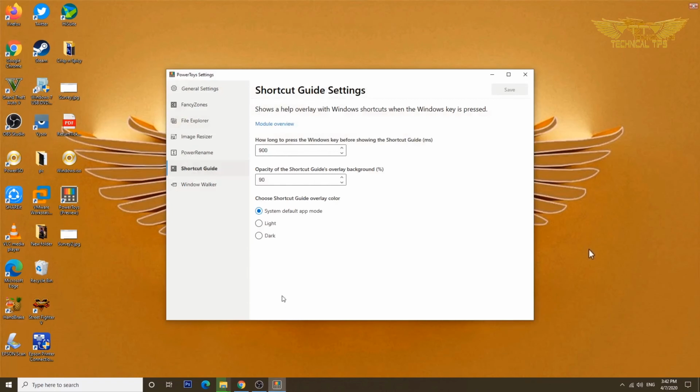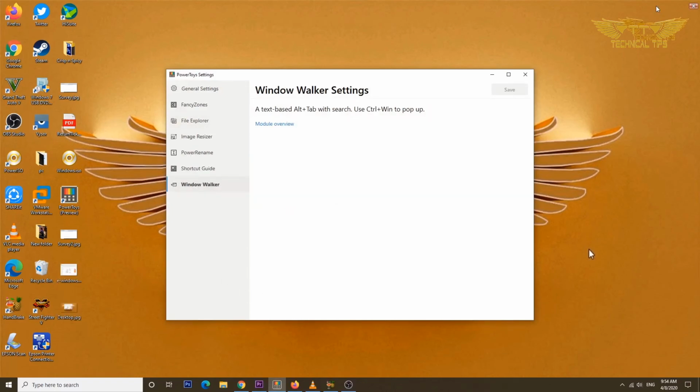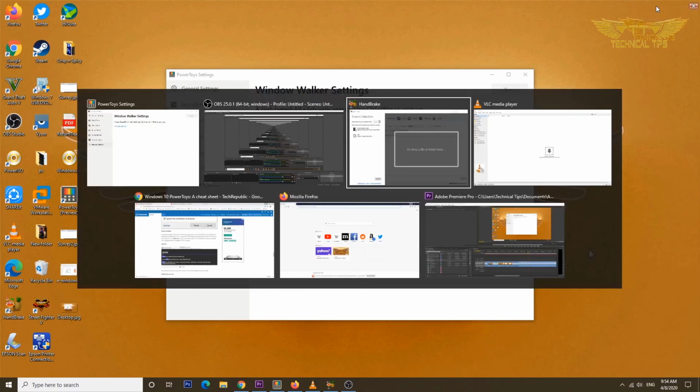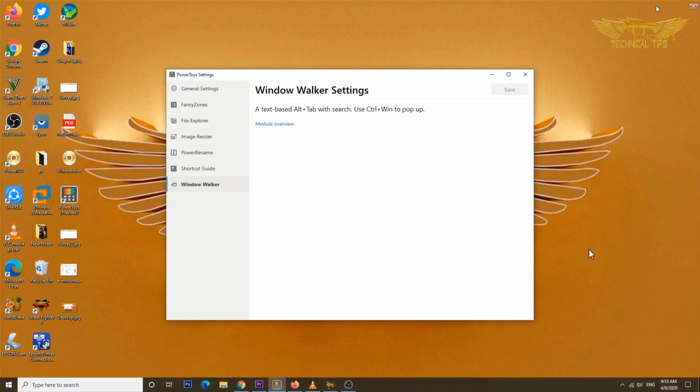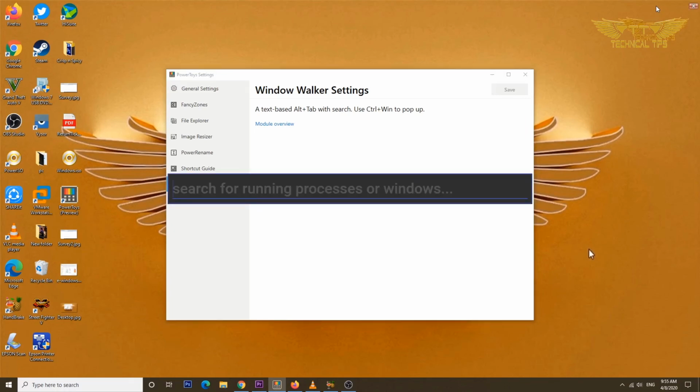Now if we talk about the other option, that is Windows Walker. Windows Walker is an alternative to the Alt and Tab option. It is a similar feature but with a search option. If you press Control and Windows, it will give you a search box and you can search for a window which is currently open. If you press Alt and Tab, you will have to go through multiple windows to select the one you are working with. But if you just press Control and Windows, instead of showing you multiple windows on the screen and asking you to select the one you want, you can open this search box